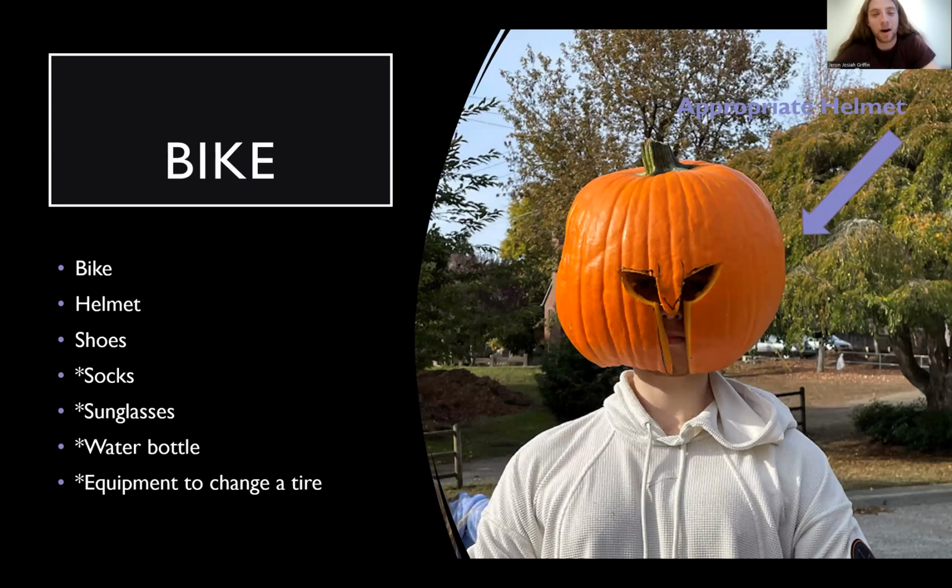Also good to have a water bottle. Again, not needed, but a good idea anytime you're biking. Same thing with equipment to change a tire. On a race course, usually they're going to have volunteers pretty frequently, so you could flag one down and get help with your bike if you need it. But just in general, it's good to have equipment to work on your bike if you need it. You never know when a flat's going to happen, and other stuff like that.